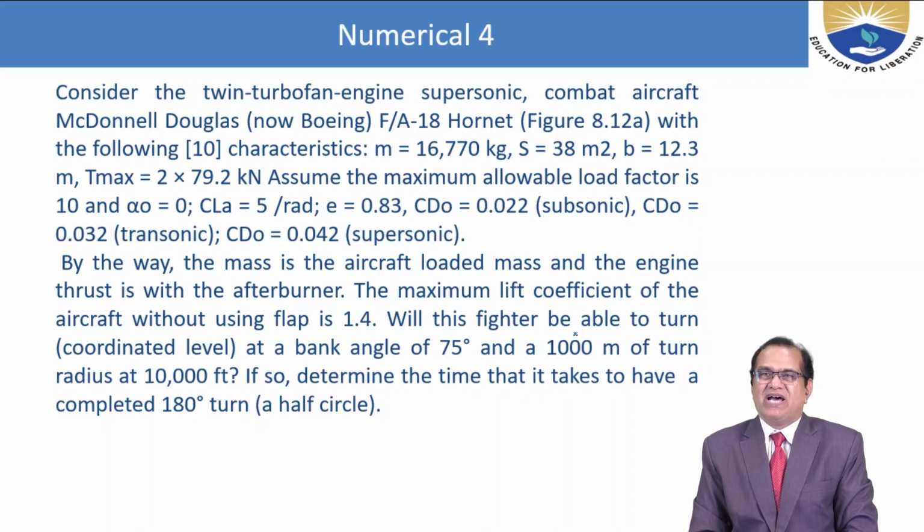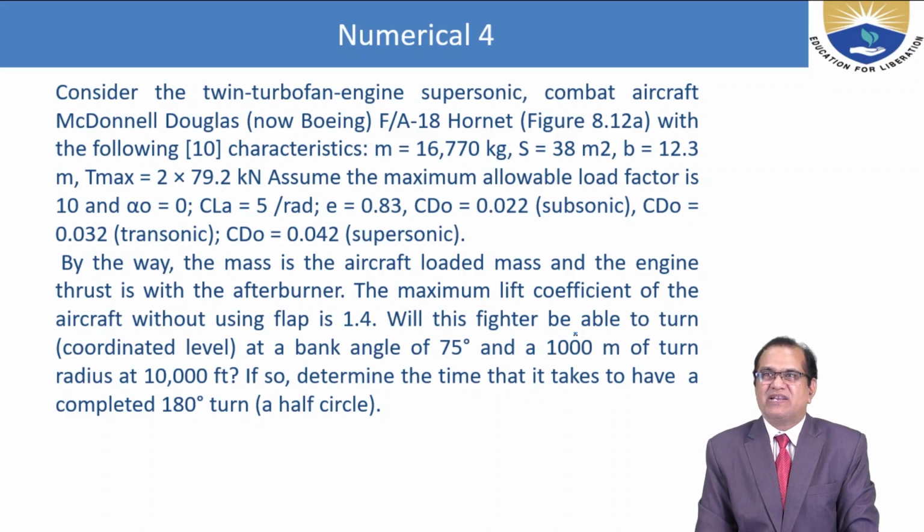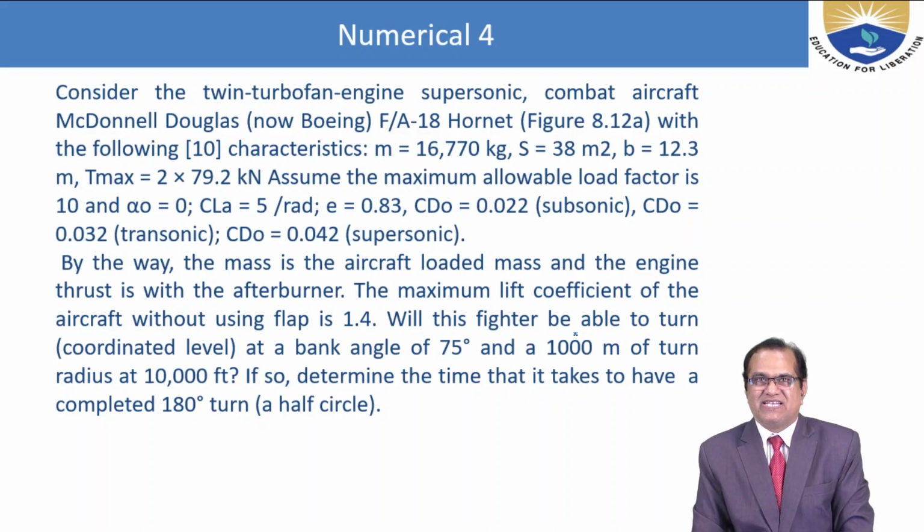M is equal to mass 16,770 kg, area is equal to 38 meters square, span is equal to 12.3 meters, thrust maximum is equal to 2 into 79.2 kilonewtons. Assume the maximum allowable load factor is 10